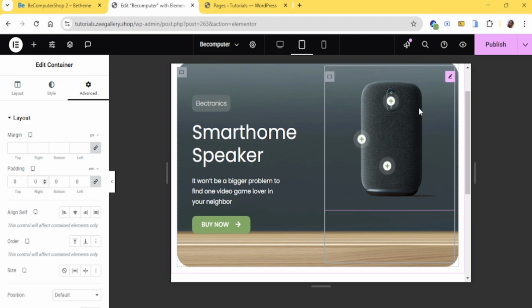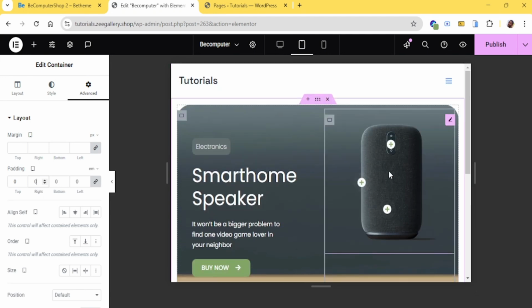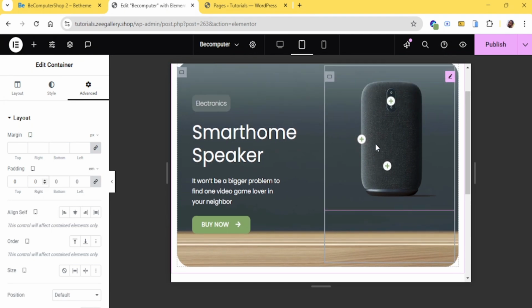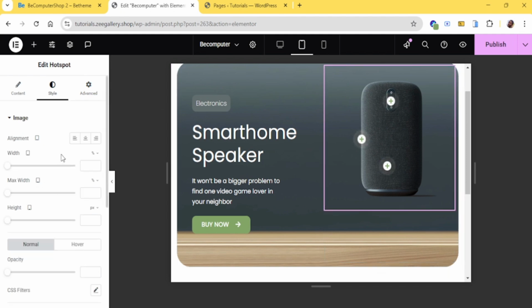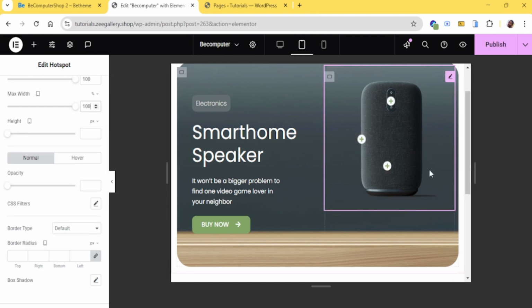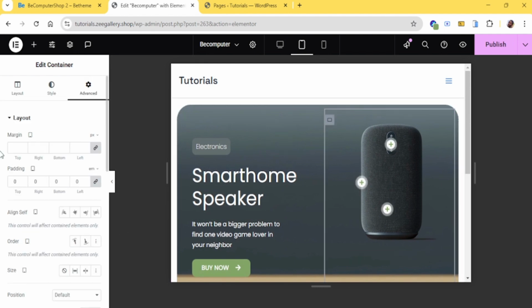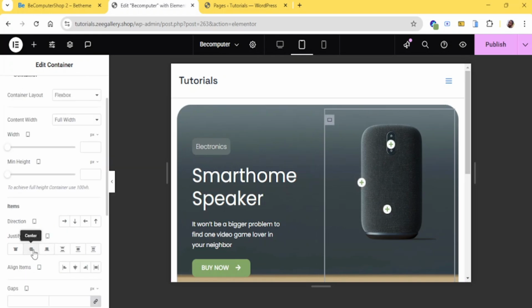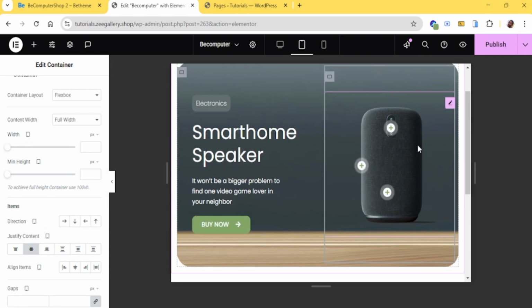And what else? This is not looking too good like that. Let me see what we can do. Let's increase, okay, 100%. The maximum height is also 100%. We can't change it, we distort it. You know what? Okay, let's go back to this container. I think the reason why it's looking like this is because it's at the top. Let's go back to this container and put it to the center. All right,